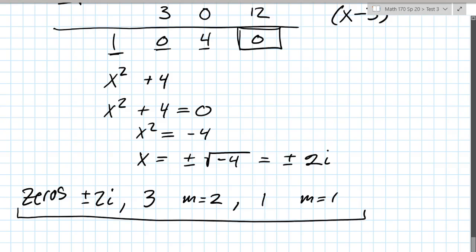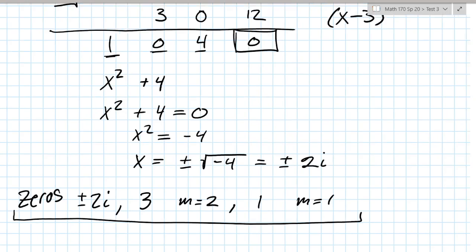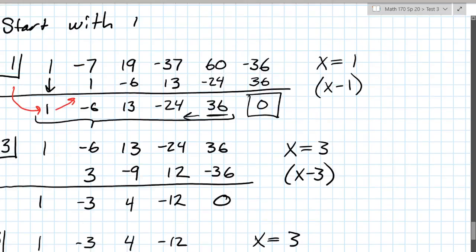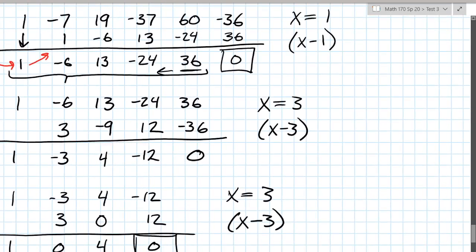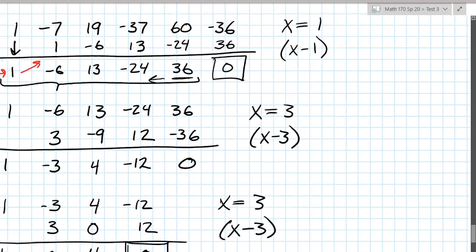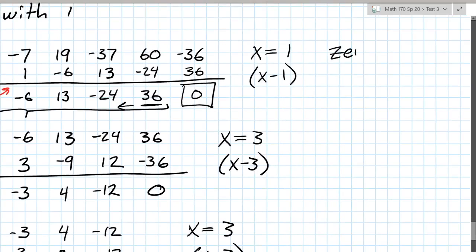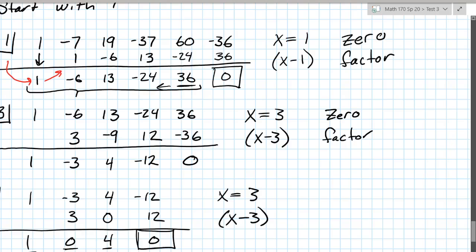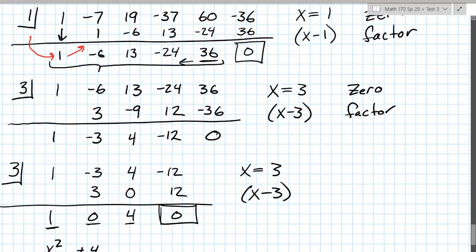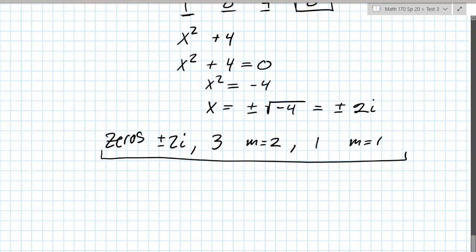The second way that this question could be asked was factor completely. So if we look back at the factors, here we see our factors. If x equals 1 is a 0, x minus 1 is a factor. So we can say 0, factor, 0, factor, and so on. All right, so if we list these out, it looks like to factor our equation,